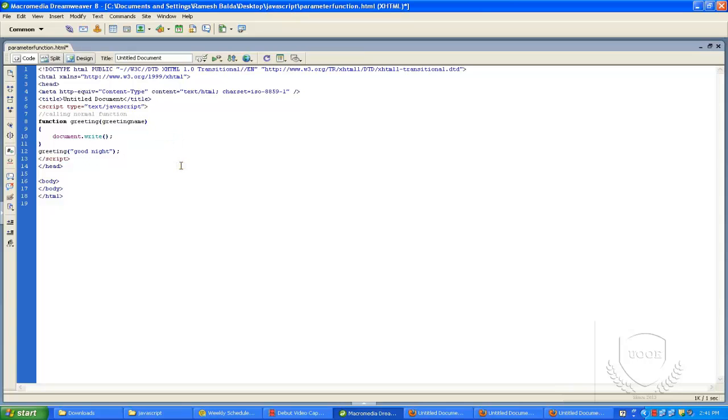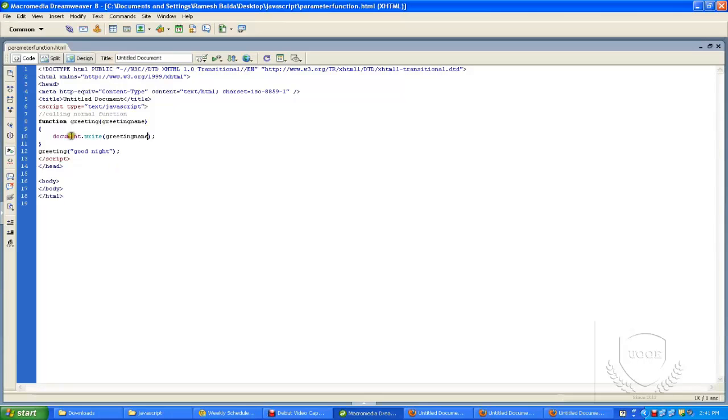If you print this name, you can see that I am passing one variable to this function.